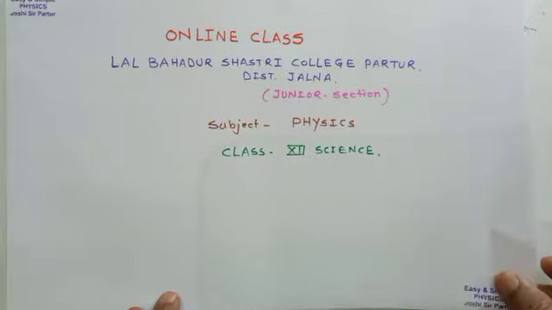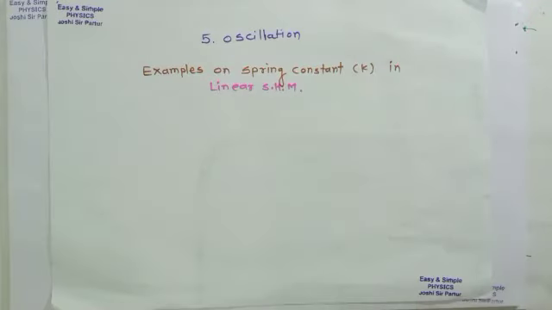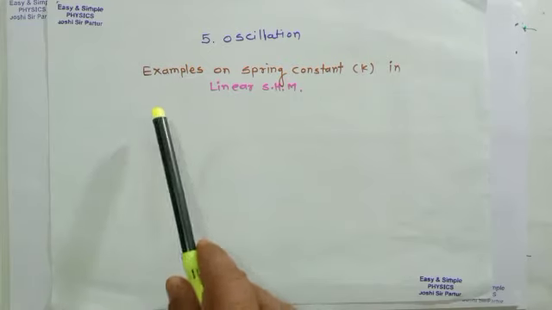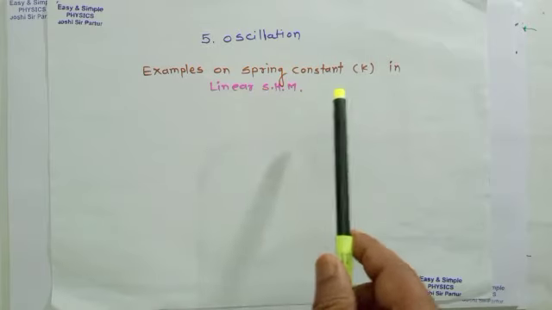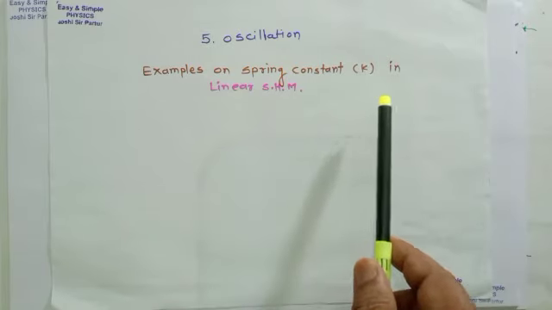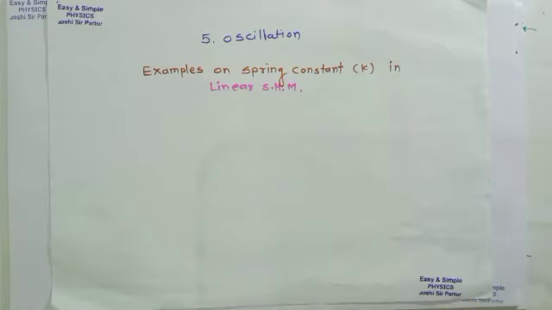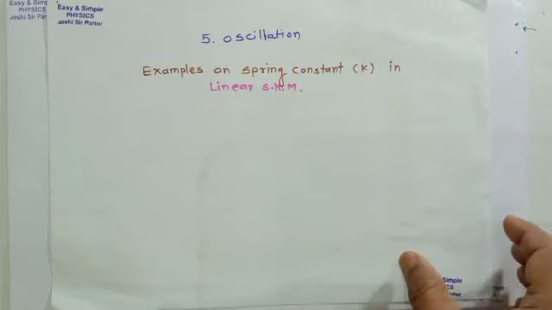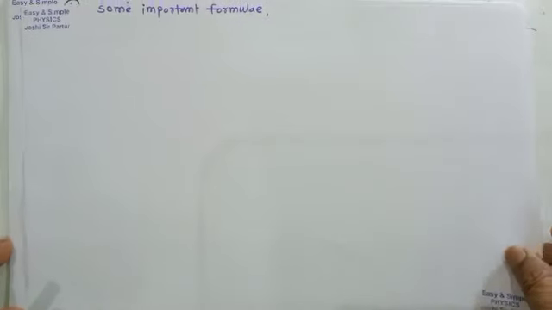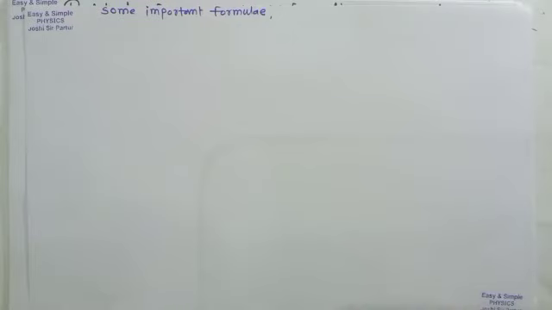So today we have learned about chapter number 5, oscillation. In this chapter we have seen examples on spring constant k in linear simple harmonic motion. So first of all we have seen some important formulas. See here, in these important formulas, the first we know that if